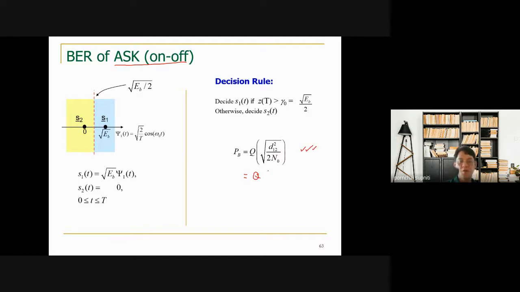So we have Q of, what is it? What's the distance here between these two? This is, I think, square root EB, right? Because this is 0, right? For ASK, you either don't send anything or you send something, right? So here, when you square it, you have a square root EB over 2N0. Okay, that's all. And for ASK,